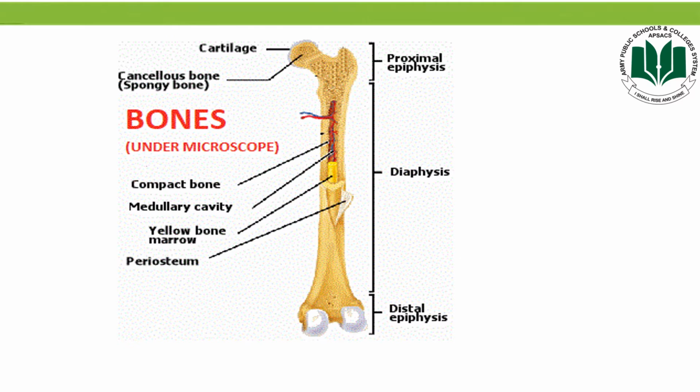Okay students, this is simply the structure of a long bone. Basically a long bone has two parts. The terminal broad parts are called epiphysis, you can see in the diagram easily, and the middle part along the length of the bone is called diaphysis. Diaphysis is also called shaft. The hollow region in the diaphysis is called the medullary cavity, which is filled with yellow marrow. The wall of the diaphysis is composed of dense and hard connective bone.